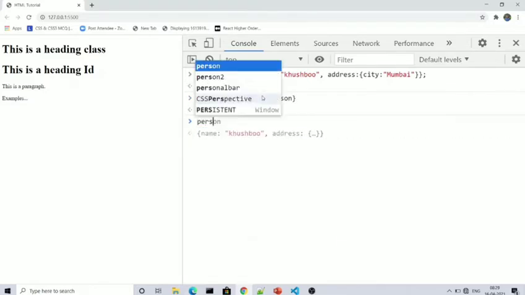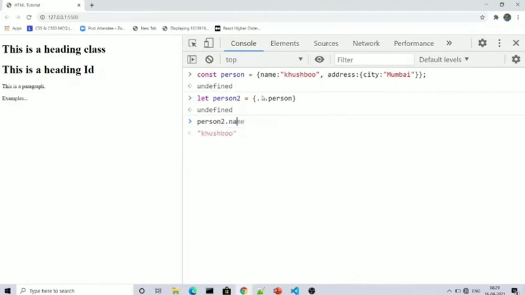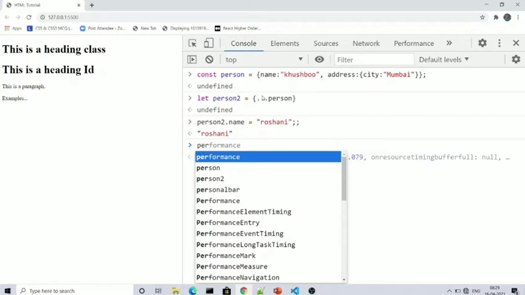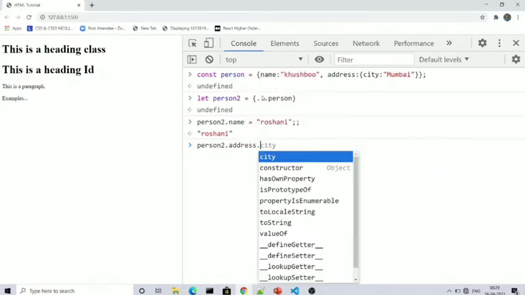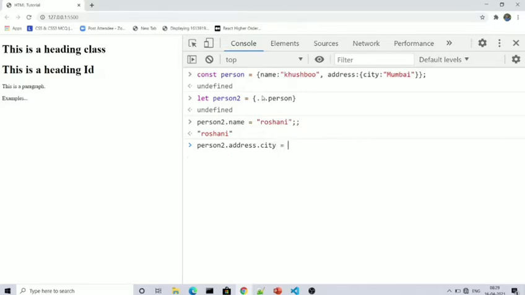Now I will write person2.name and change it from Khushbu to Roshni. Now I will change the address as well: person2.address.city to Pune.